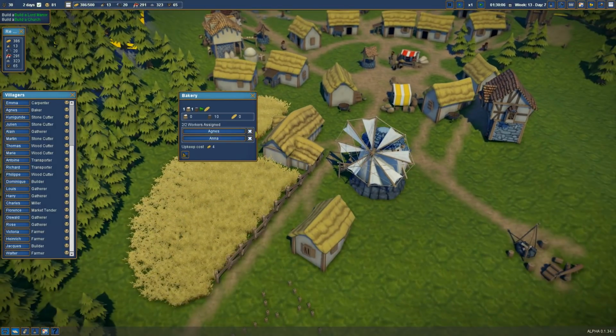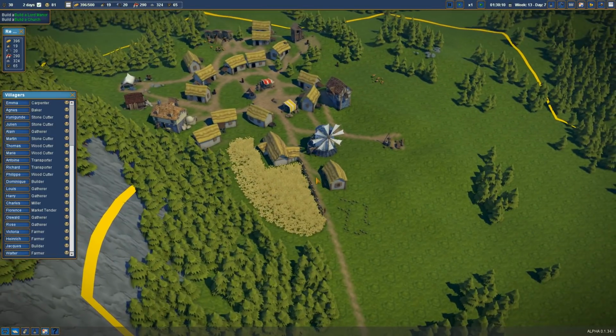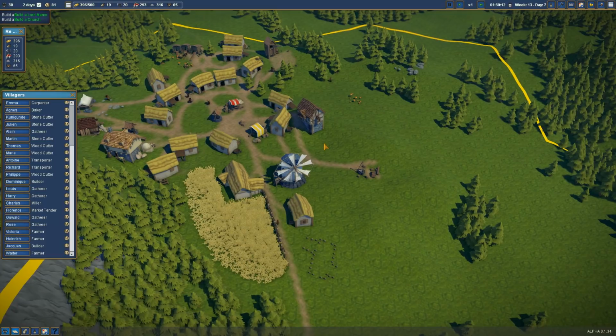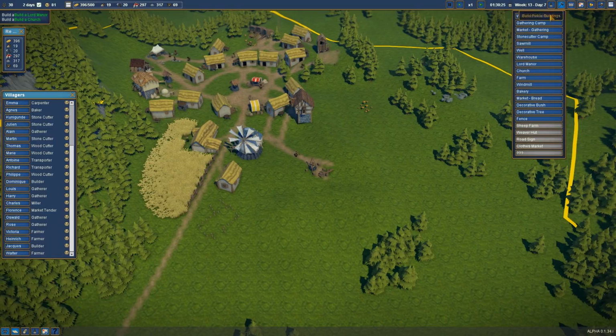I don't know how many windmills we're going to need. I don't know what the ratio is from farms to windmills to bakeries. I'm sure there's a secret number there, but not quite come across it yet. Super thirsty, all this talking. Okay, so, oh yeah, I forgot about the walls. We are going to have a look. Where is it? Lord...